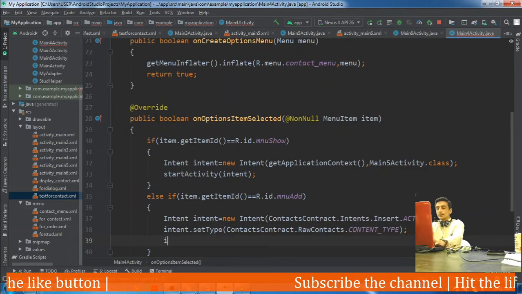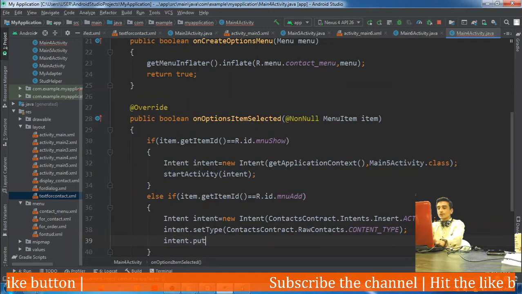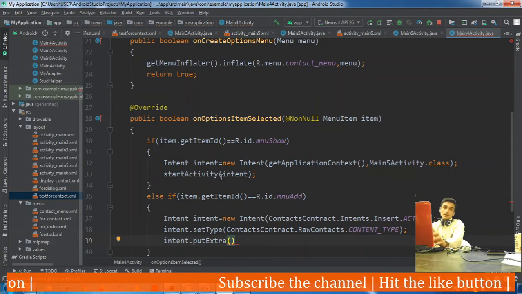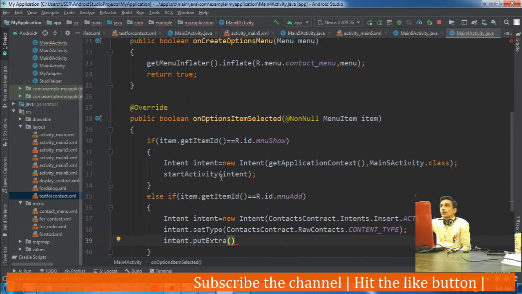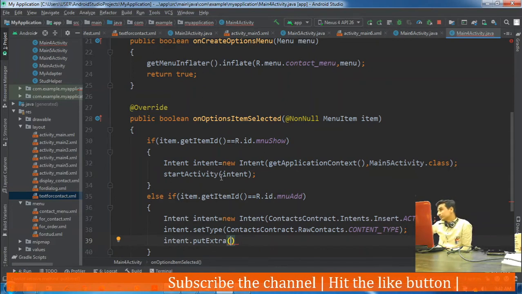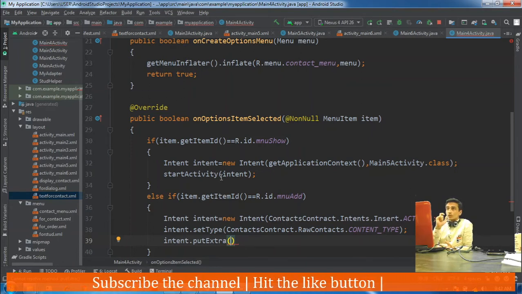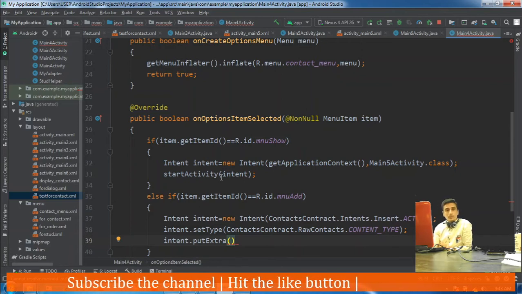Okay, and then intent.putExtra, that is the extra piece of information. Now this extra piece of information is to be captured from the client. As I told you in the beginning of this video, for capturing the name and contact from the client, we would go for a dialog box.